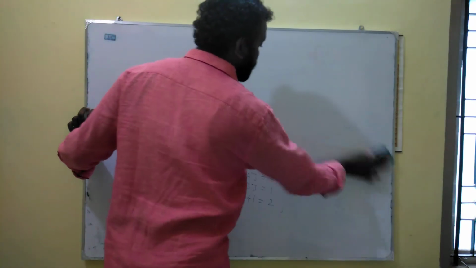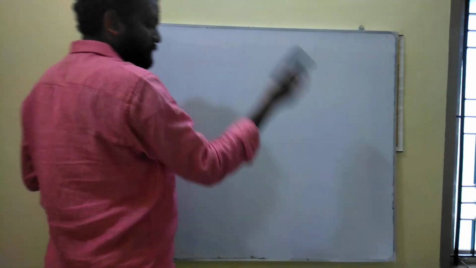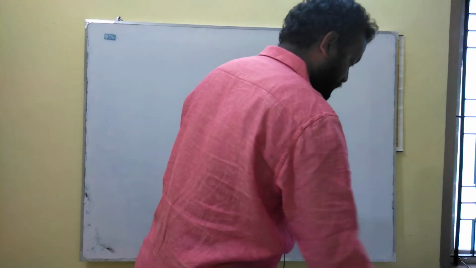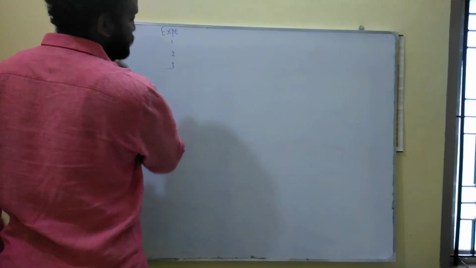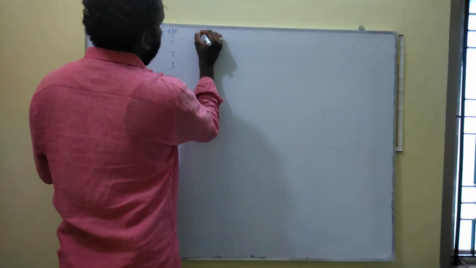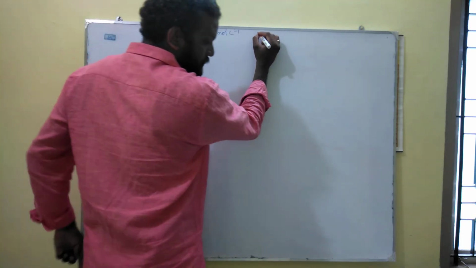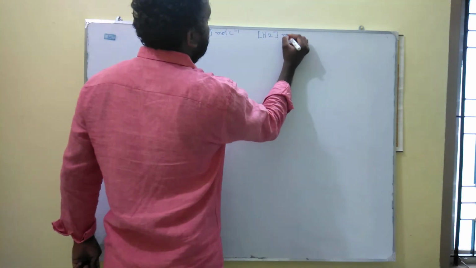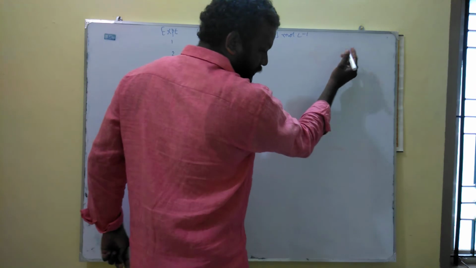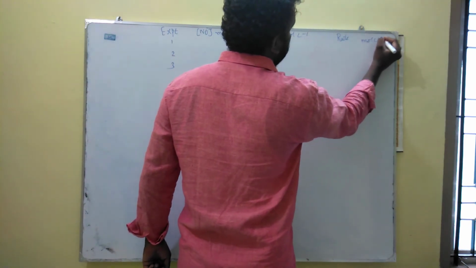From the rate law expression, they will ask what is the rate constant, what is the order. They will ask such type of problem. Now consider the experiment as usual. Experiment 1, 2, 3. The 3 experiments are given, and concentration of NO is given in mole per liter, and concentration of H2 is given in mole per liter. And the rate is mole per decimeter cube per second or mole per liter per second.